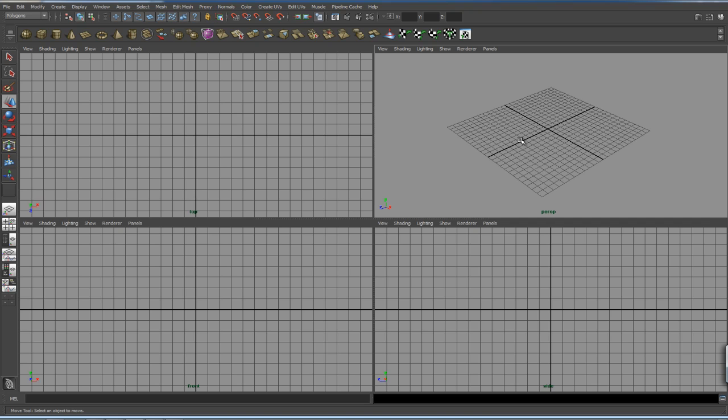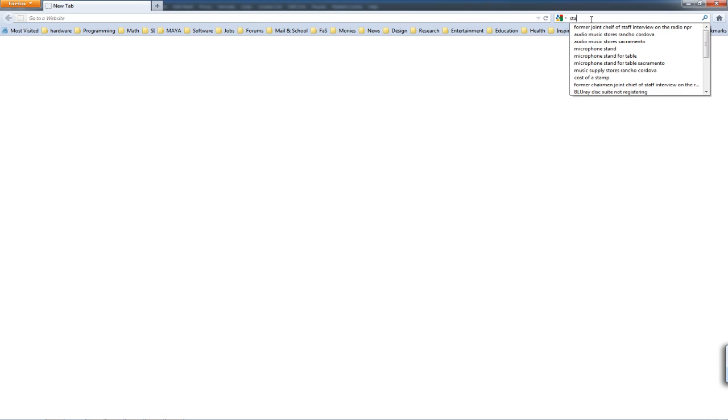Okay, I'd like to take that last hour's worth of review of mine, introducing tools and concepts, and use them in some way. So what we're going to do is go to Google, search for some imagery, bring that imagery to our project directory, and reference it to build a very simple object. Alright, so let's pop into Google search here, and I want to search for a stack